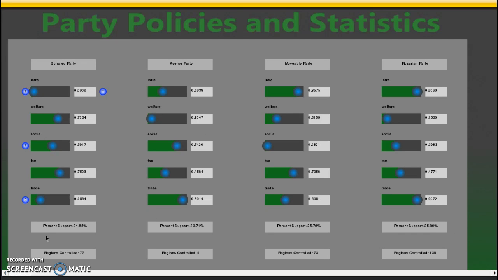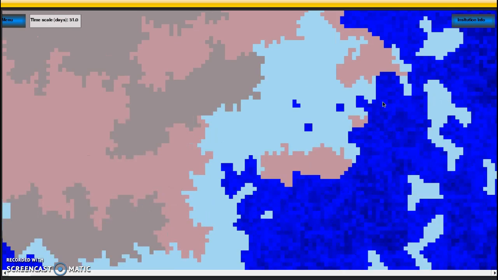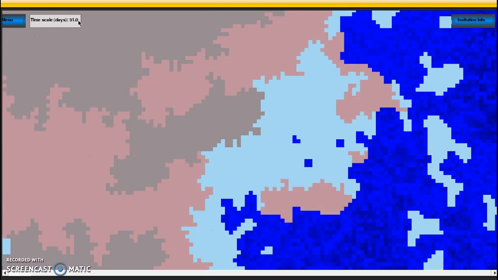So we see here that there's a relatively even split of population support, but some parties control a much larger number of regions than others. And this is a somewhat realistic effect when the distribution of supporters is not entirely equal. So if we go back here, we can see that every so often these borders will change. If I set the time up here to a year,